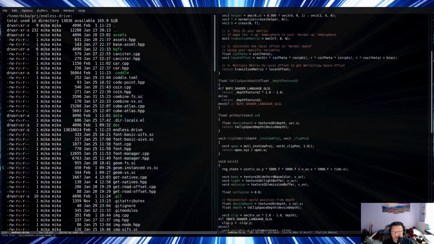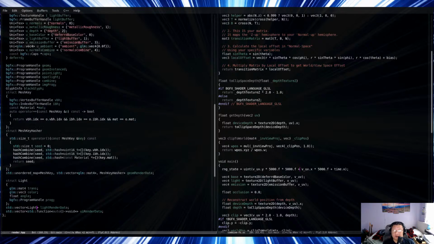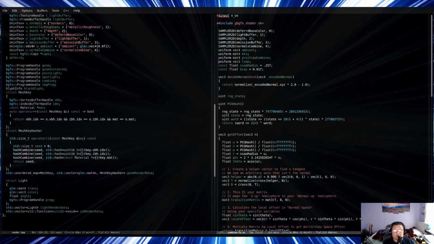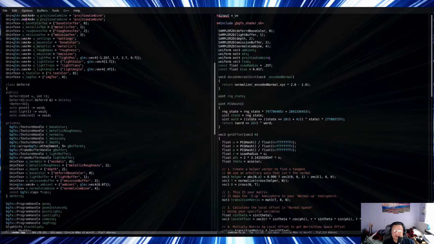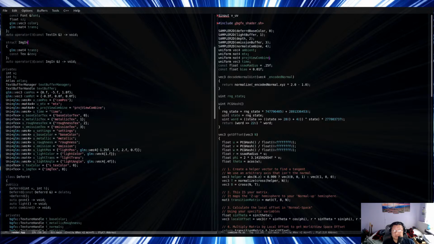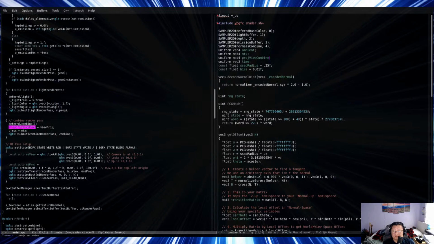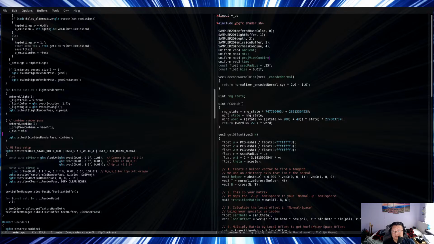Render dot hpp, approach view combine, vec4 u time. u time equals